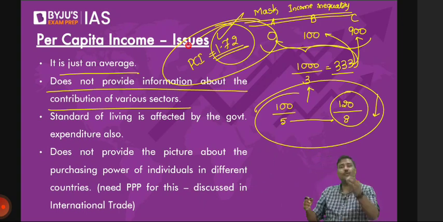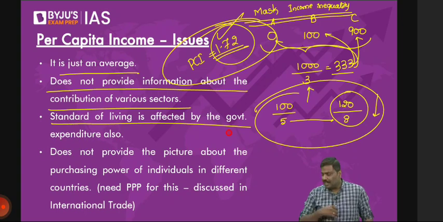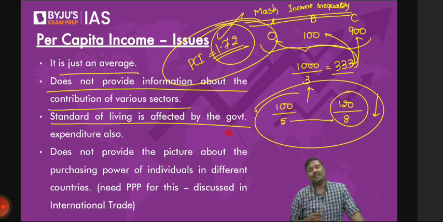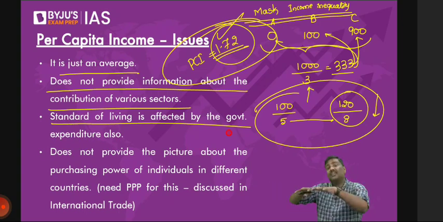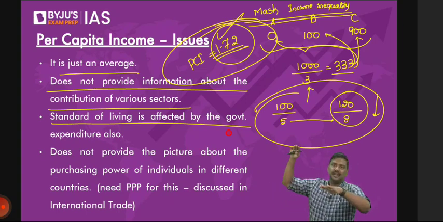Third one, generally per capita income, PCI. I hope you understand. PCI is a representation of standard of living. They say that if PCI increases, the standard of living, again an average concept, in overall India starts to increase. People are earning more income. People will consume a lot of better goods and services.